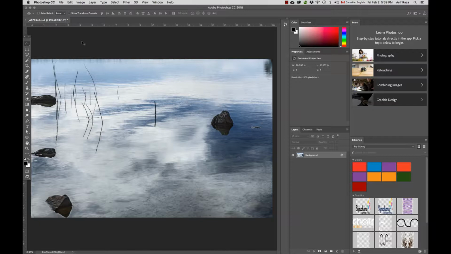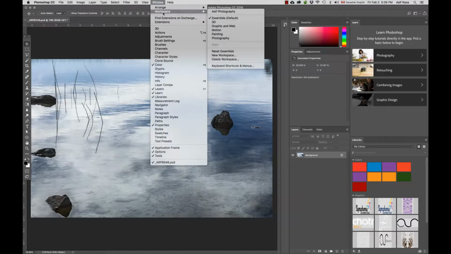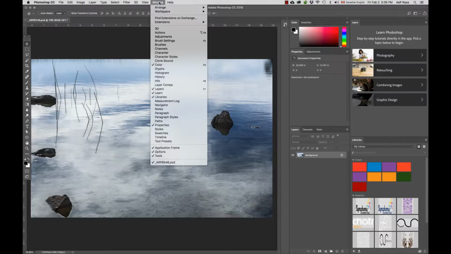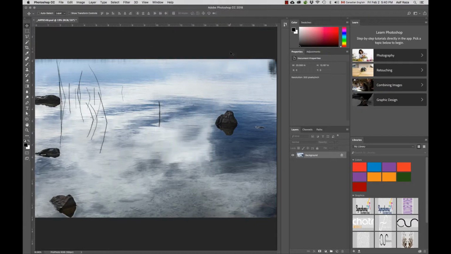So the first thing that you may wish to do is go into the menu at the top, Window, and go into Workspace and say Essentials. Click on Essentials. Now, whatever settings you may have, wherever your palette may be, Photoshop by default will revert it back to its essential format. If it hasn't done that still, then go back into Workspace and say Reset Essentials, and it will reset it to its really default behavior, and everything should look very similar to what